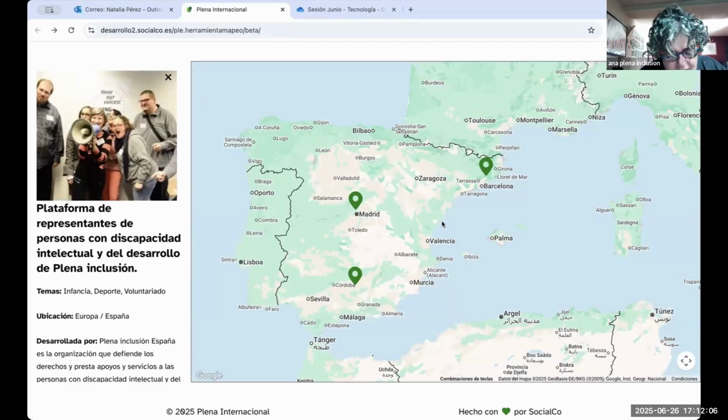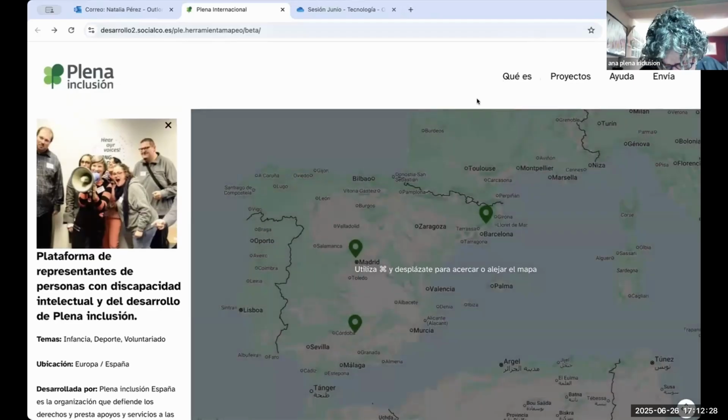What languages will it be available in? The page will be in Spanish and in English, and we hope that later on it will also be in French and Portuguese. You will be able to choose the language, or the page will also detect your language directly and display it automatically.